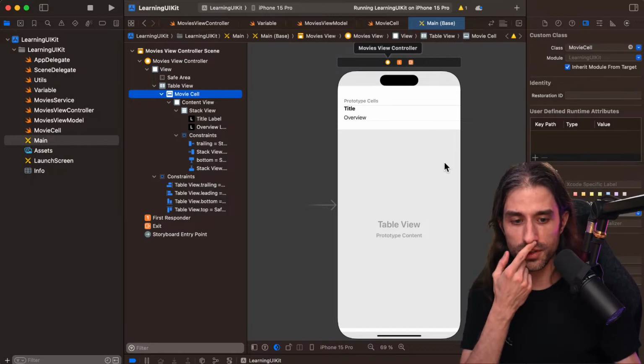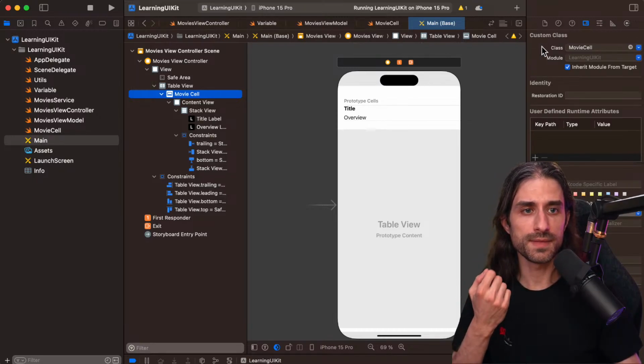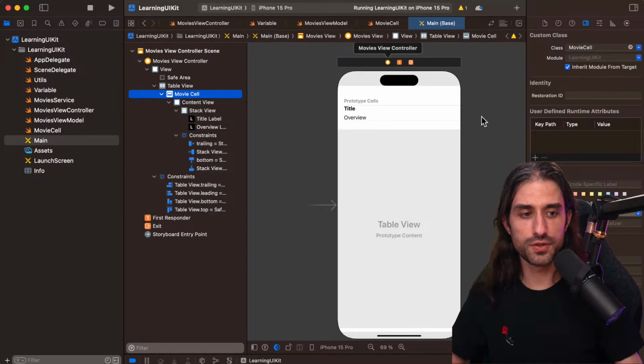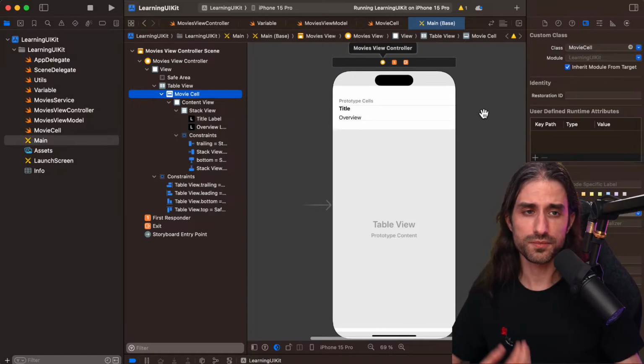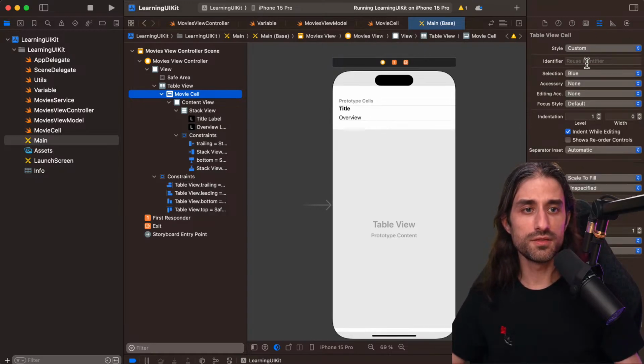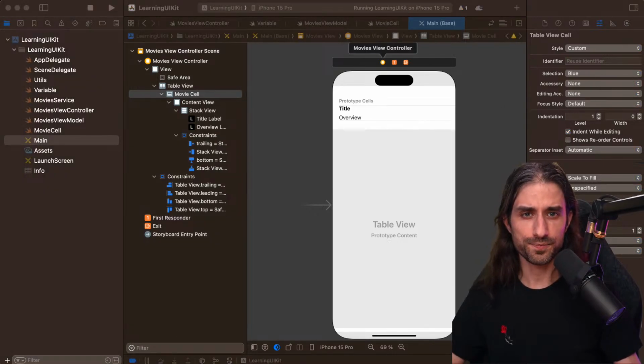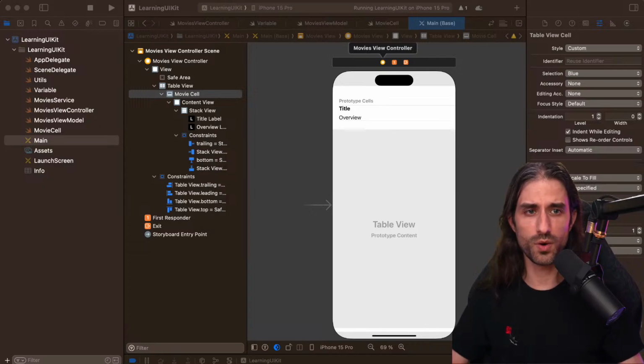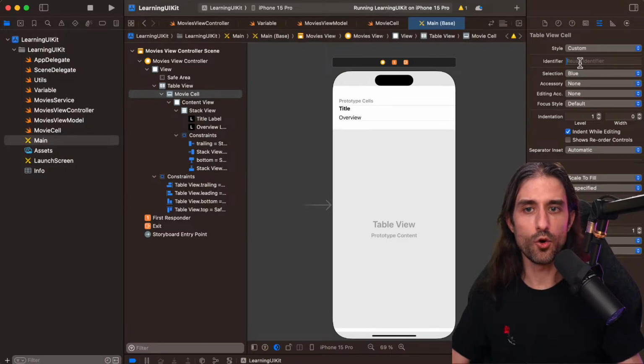It could use the class of the cell for this, but it uses something called the reuse identifier. This way, you have more control, and if you wanted, you could recycle cells of the same class, but in different ways. That's why you need to set this reuse identifier.